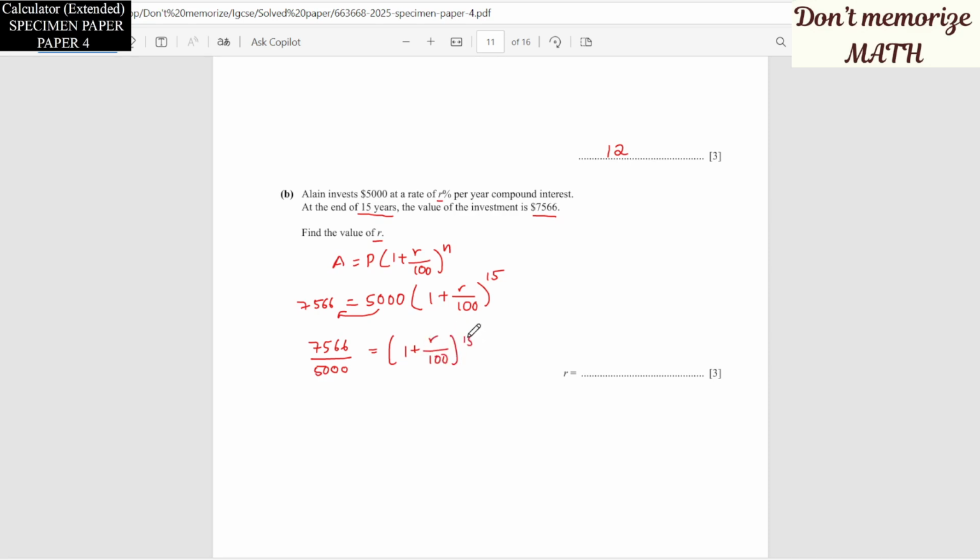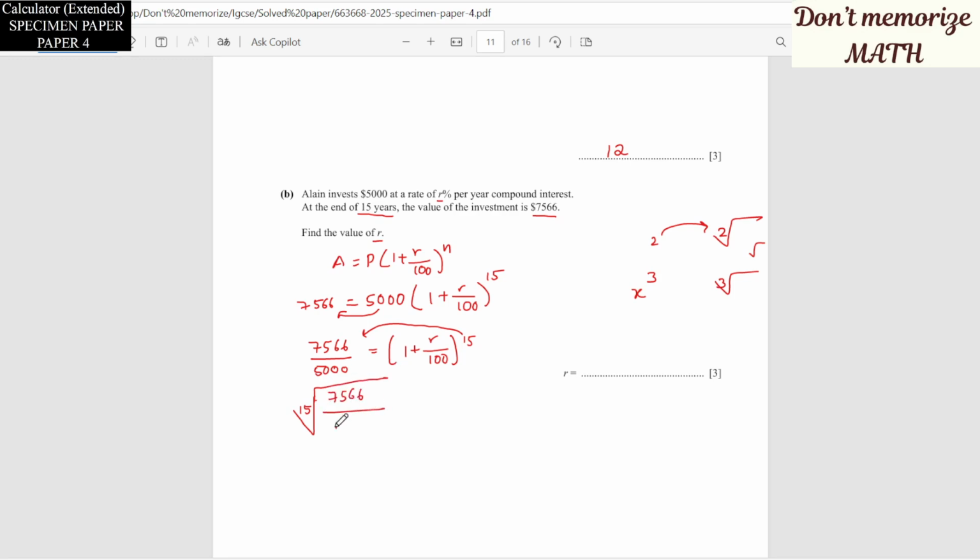Okay, 15. So now you can move this power 15 or index 15. If you are moving a square, it will become a square root. If you have x cube and you are moving this cube, it will become cube root. So it is power 15. So when you move power 15 to the left side, it will become 15th root. Inside this root, you need 15. So 15th root of